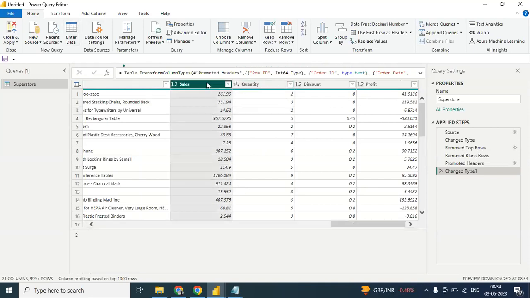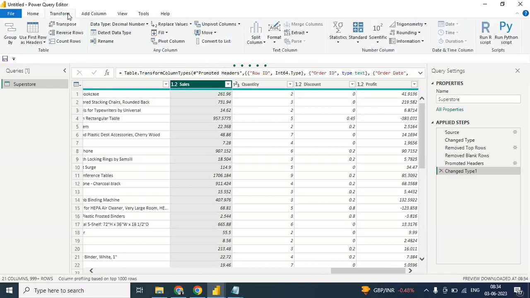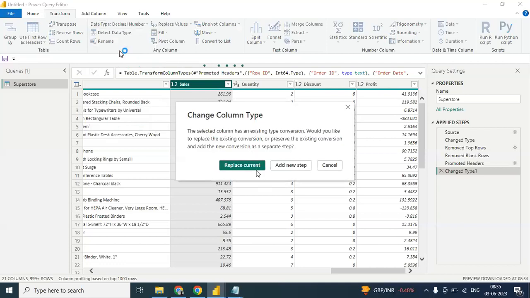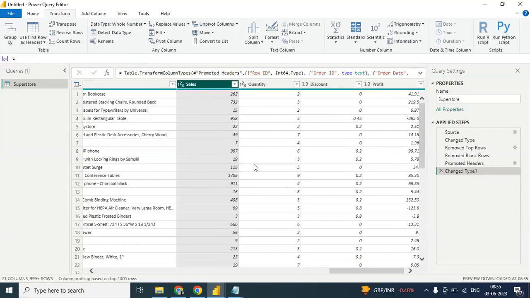I will click here on sales and then click on transform, and this is taking decimal. I can change it from here to whole number. See, now it is showing 1, 2, 3, which means it is converted into whole number,